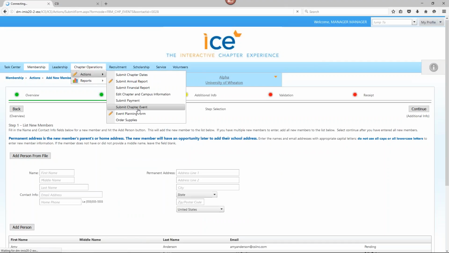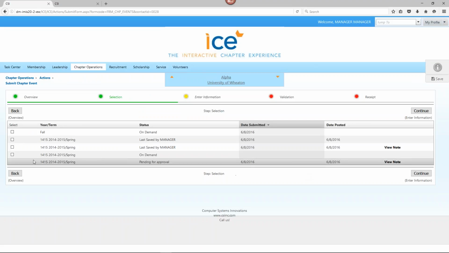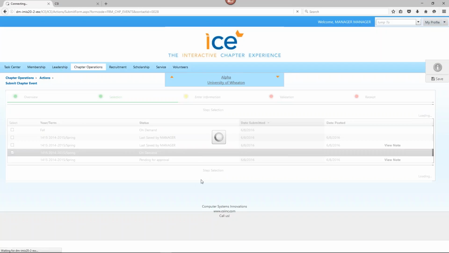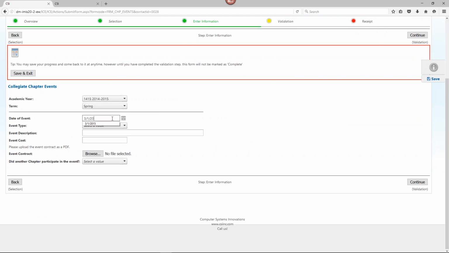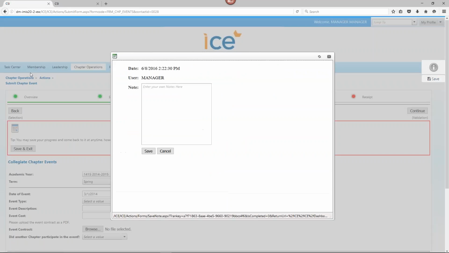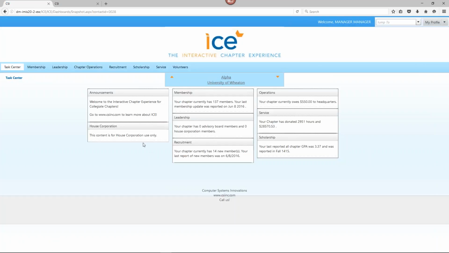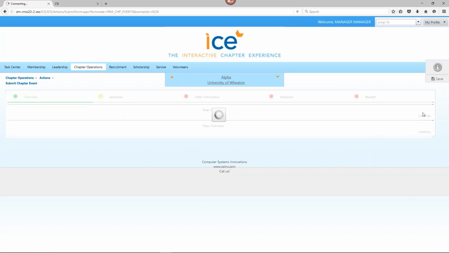So in this case, I'm going to go back to a form. And I'm just going to pick a new one. So I'm going to fill in a couple of pieces of information. And I'm going to click Save and Exit. And this is where you're able to put in any notes to remind yourself what you need to complete. It's going to exit me from that form, but if I go back in to that form again,